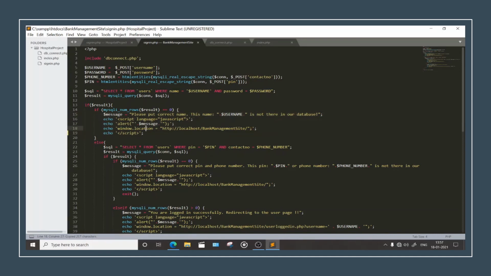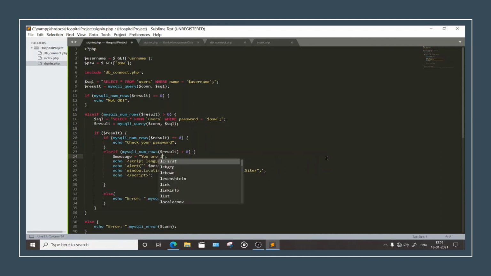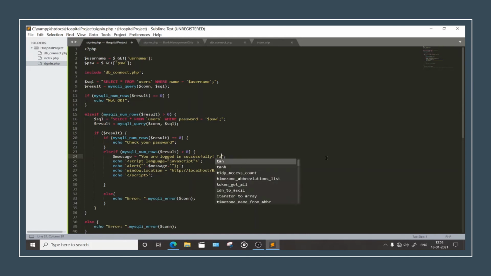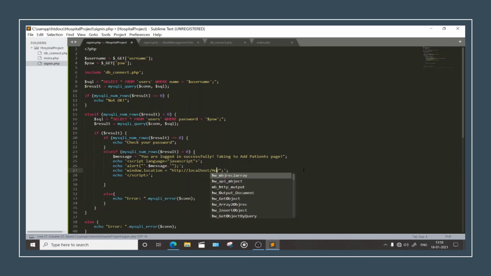And till then, let's just copy this, paste this thing once again, Control V, check for the indentation, and you are logged in successfully, taking to add patients page. Control S, remove this map, hospital project slash,